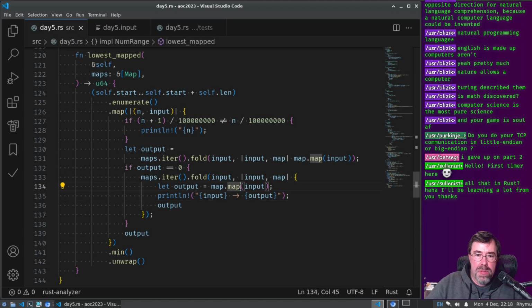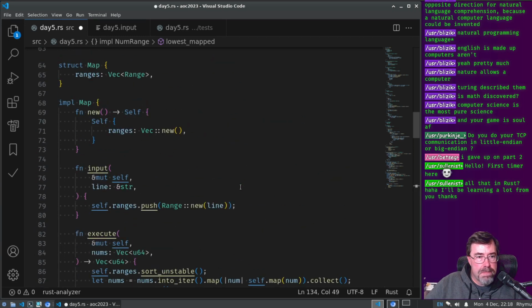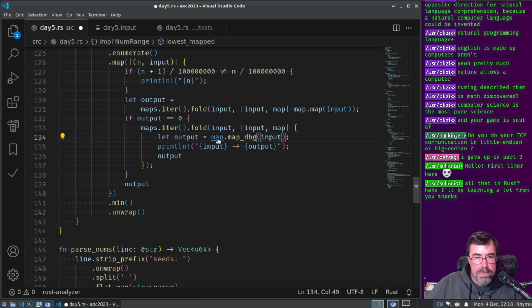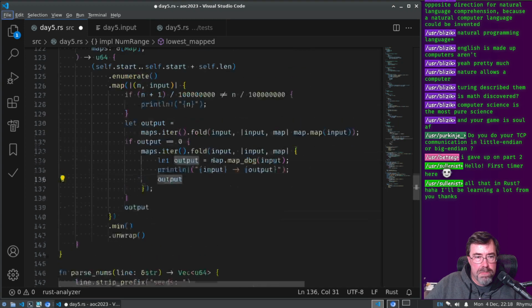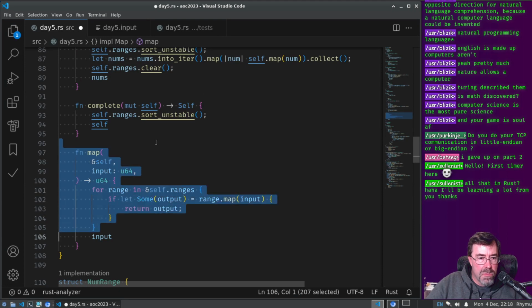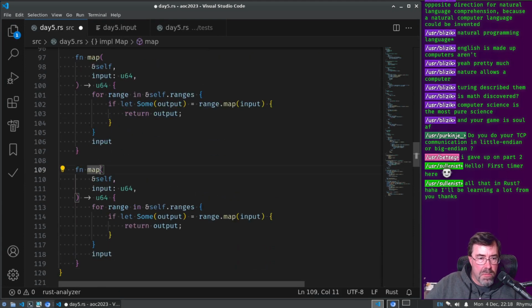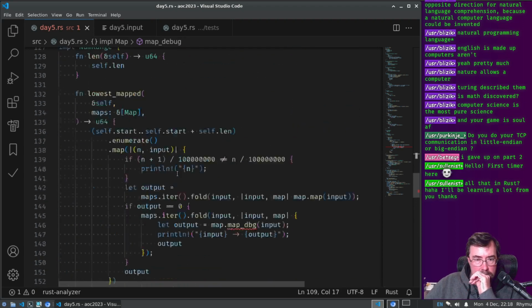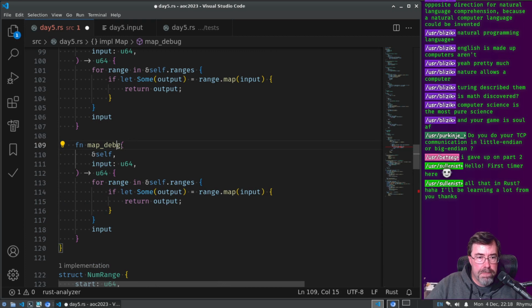How about map debug? DBG. So can I just do for DBG range?